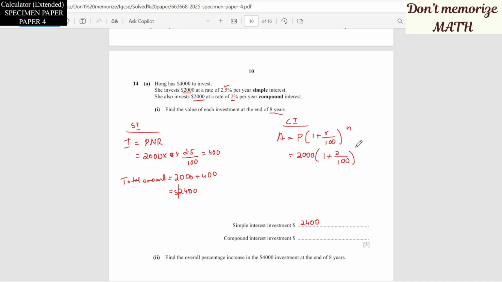N is the number of years, so 8 years. Take the calculator, press 2000, open the bracket, 1 plus 2 over 100, or directly 2%, then take the power button, power 8. So we'll get